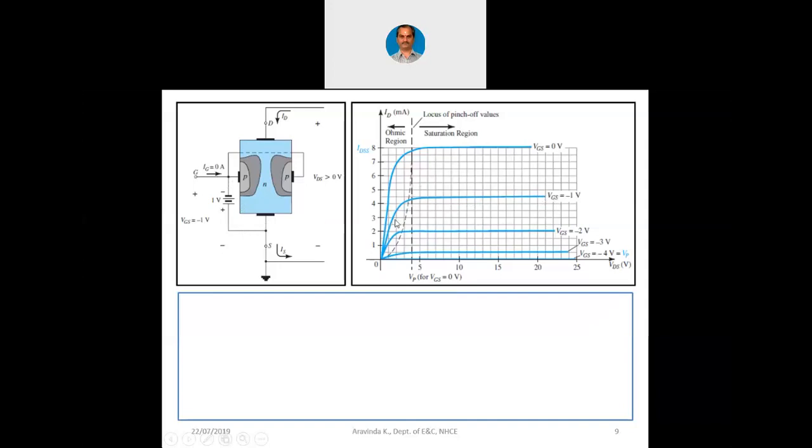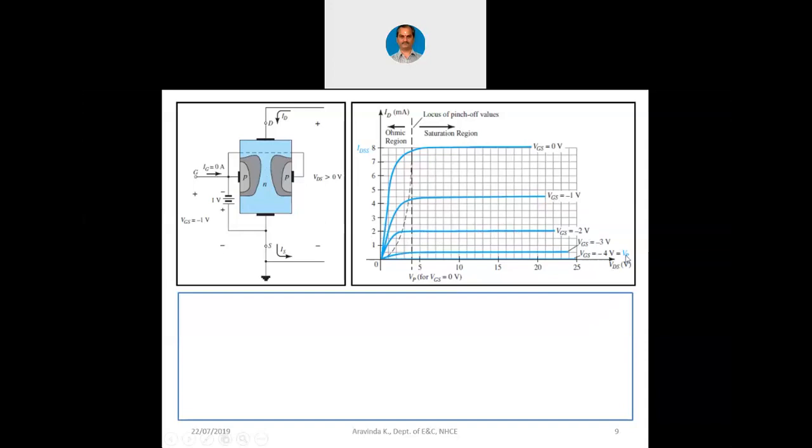But here also, the saturation region is there, the linear region is there, the cutoff region is still there. The only thing is, by applying a negative voltage, the value of IDSS is going to get reduced. And when we apply VGS equals -2, you can still see the value of IDSS is reducing. That means we are making it come towards the middle of the load line. That region we later on call the Q point.